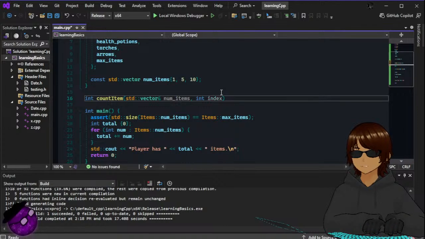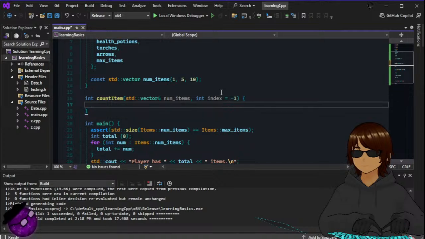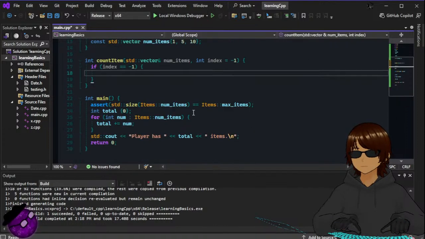Integer index, which is initially -1. If index is equal to -1, then